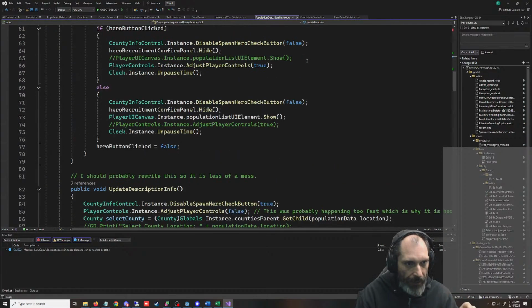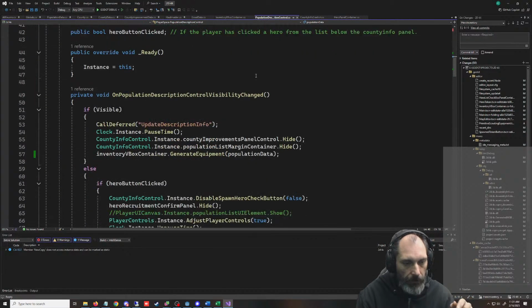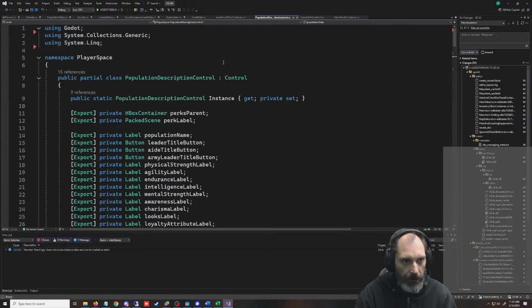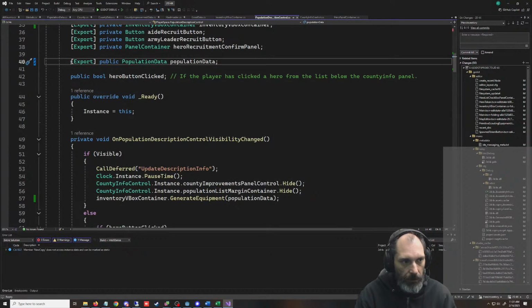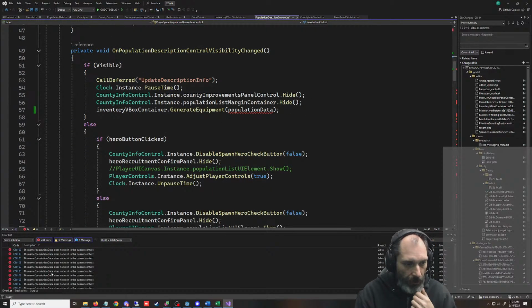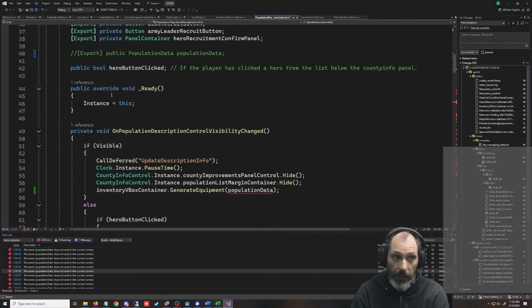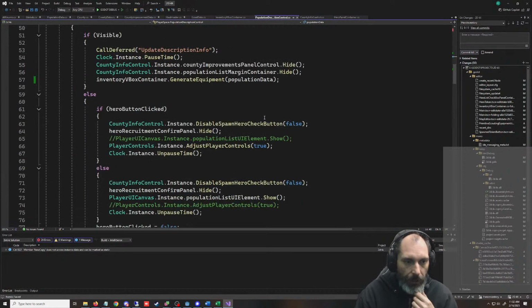So when we click that button, how are we generating our description? How are we getting this information if we're not using this? I mean, we could be. But let's see what happens. Okay, no, we're using it all over the place. Is it happening too quickly? Well, no, it said that it was empty.